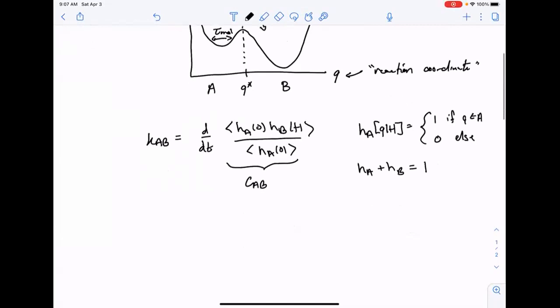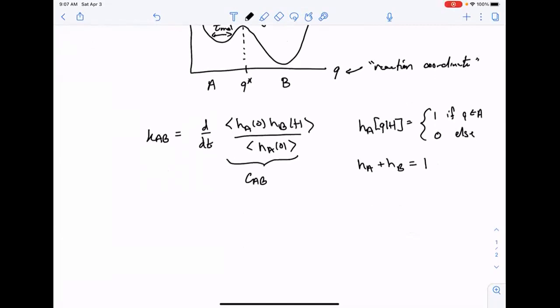So this is an exact expression for the rate, given those assumptions of Poisson statistics, and there are a number of ways to rewrite it, one of which we motivated